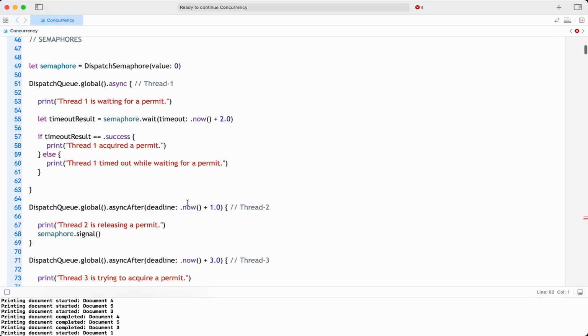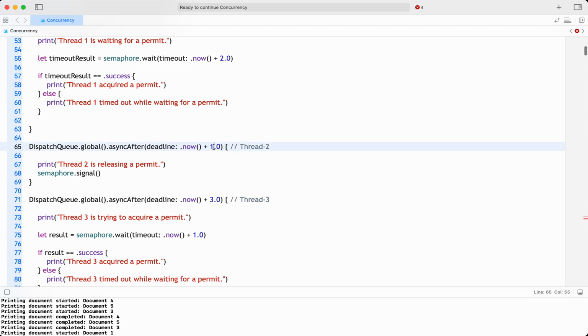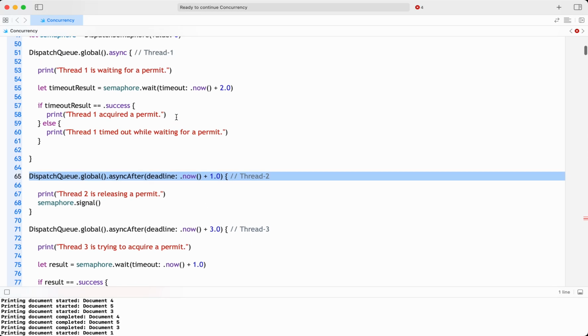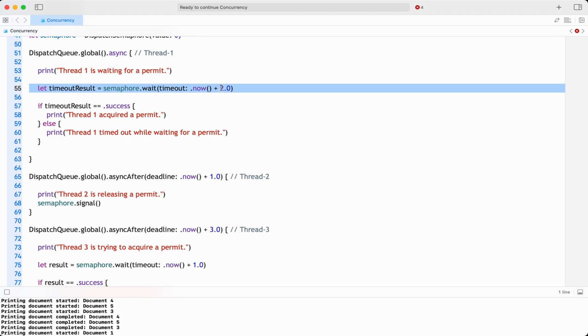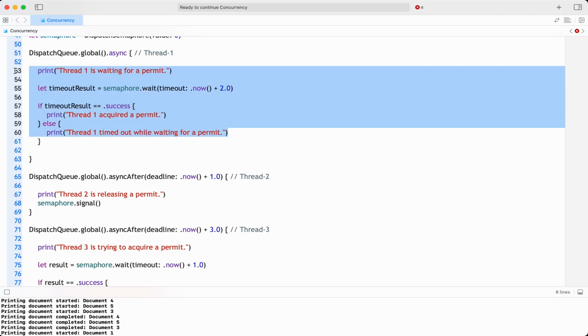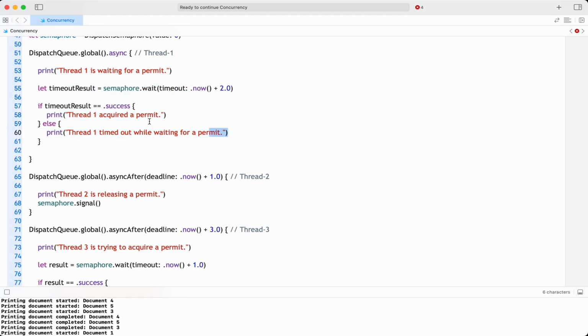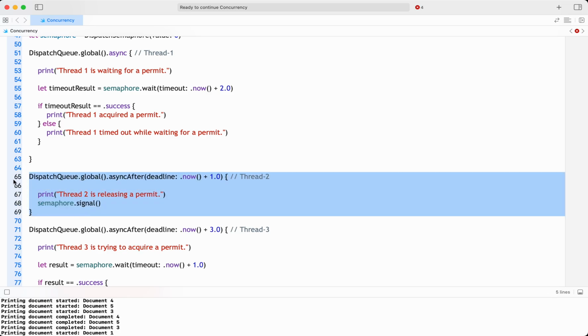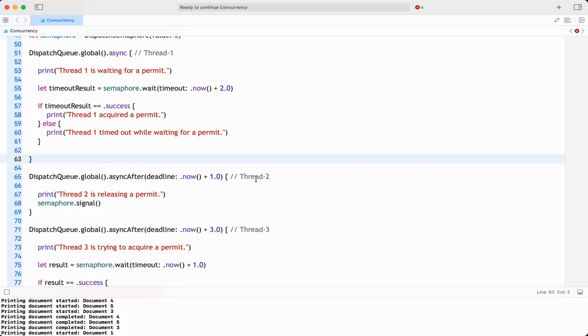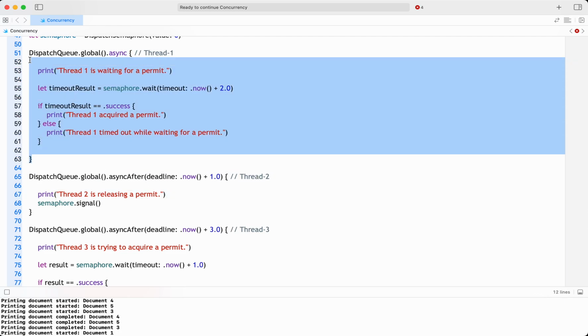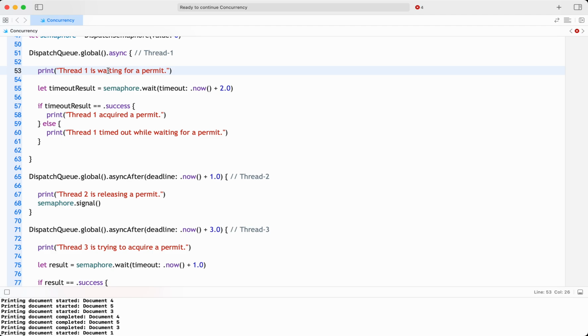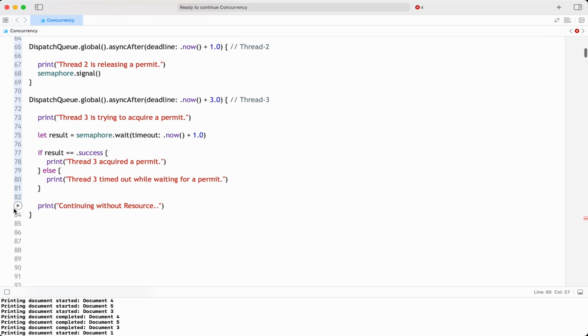Now let's see. As it is 1 second, after 1 second it is releasing. So the first thread is waiting for 2 seconds. This will get the resource, this will get the signal. Why? Because the other thread is waiting for 3 seconds. After that only it is getting executed, right? So after 1 second, when thread 2 signals, that means when it releases, thread 1 actually gets the shared resource or a permit. So that's the reason. If you can run this piece of code,